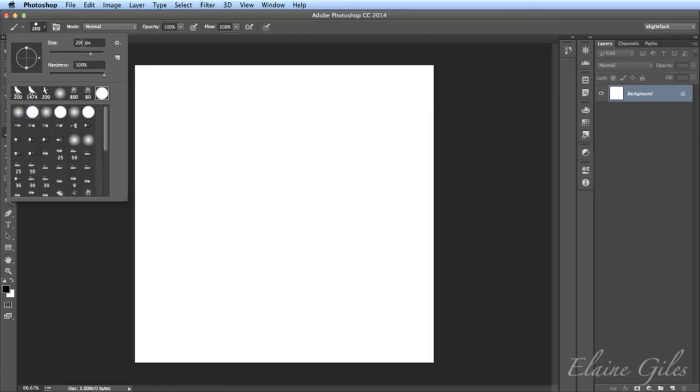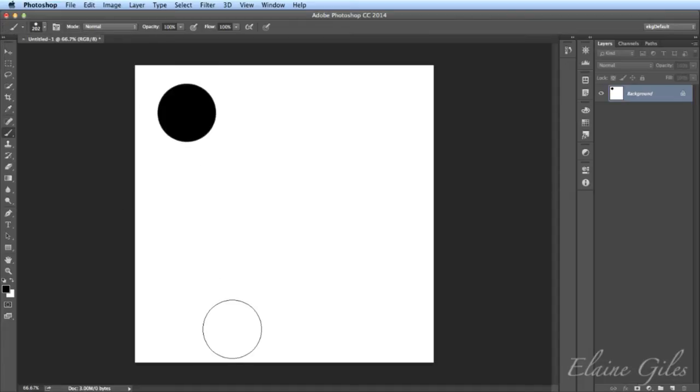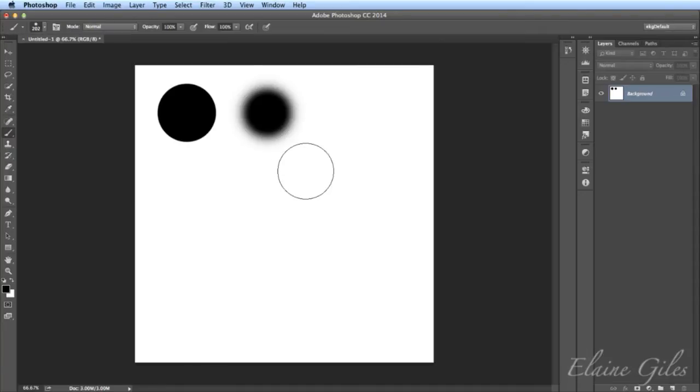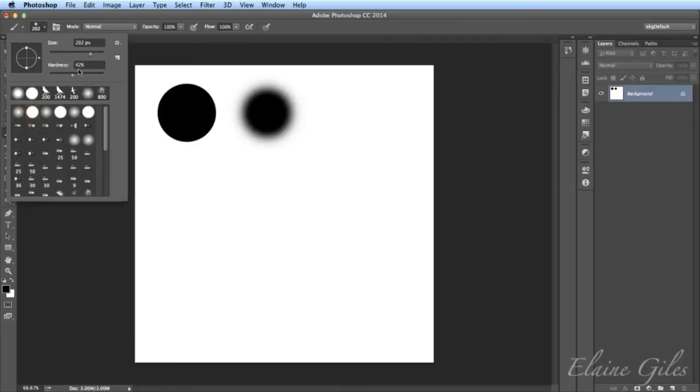The first thing you have is the size of the brush, and that's measured in pixels. So that is 200 at the moment. You can actually be very precise. If you want it 202 pixels, you can do that just by typing it in. The hardness refers to the edges of the brush. So as I click in there, you can see it's a very hard edge brush. But as I go in here and change that hardness, so slide it down to halfway, and click, it softens the edges up completely. So those are the two options that you have available from the top there.